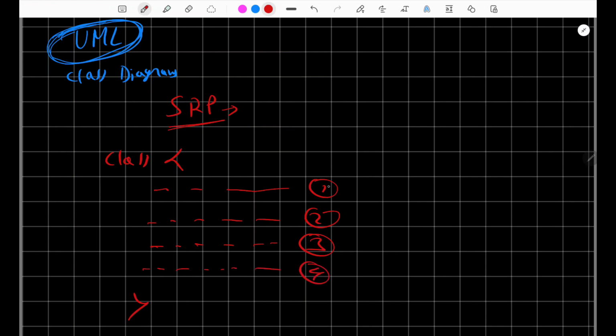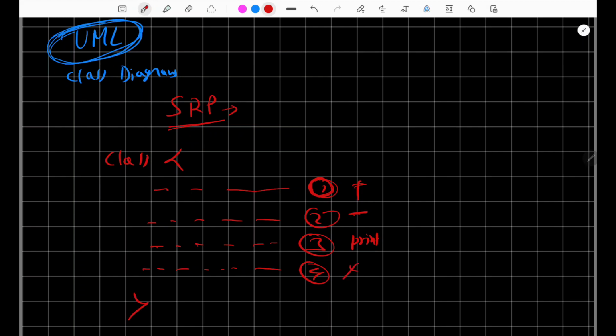Suppose each function performs one operation. This performs addition, this performs subtraction, this performs a printing operation, and this performs, suppose,